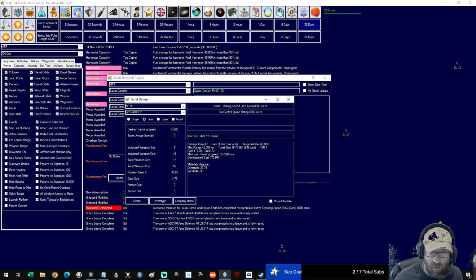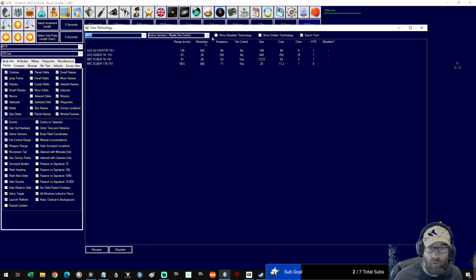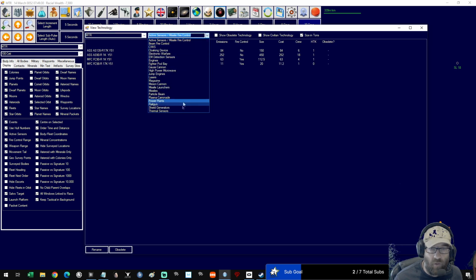Turret tracking speed plus 10%. I'm not sure whether that just reduces our weight, which may be all it does. So, this is twin Gauss current, range 40,000, year 51. It's now year 52 turret. I think that is it. It's funny how it's kept the name. So prototype that, and then if we have a look at our turrets, thermal,